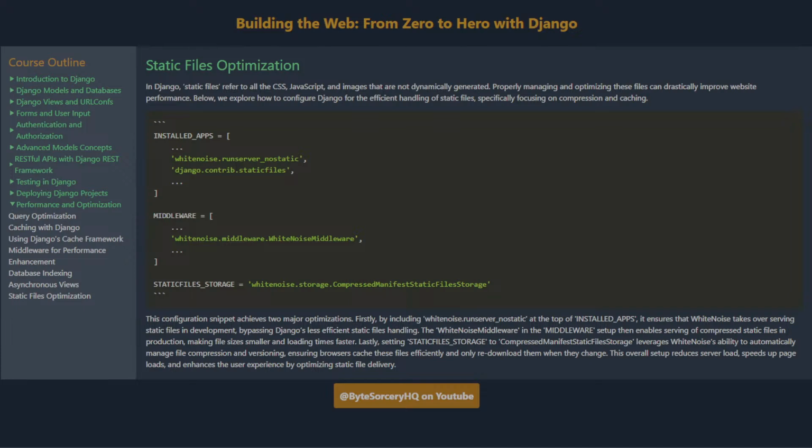Firstly, by including whitenoise.runserver_nostatic at the top of installed apps, it ensures that WhiteNoise takes over serving static files in development, bypassing Django's less efficient static files handling. The WhiteNoise middleware in the middleware setup then enables serving of compressed static files in production, making file sizes smaller